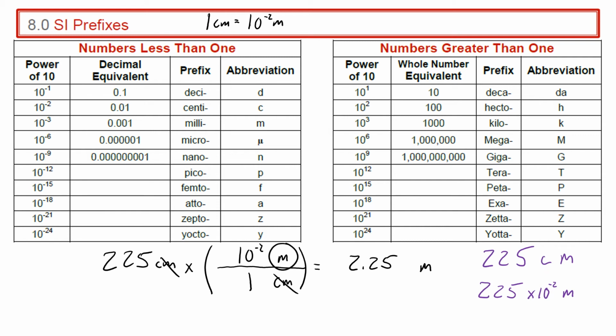The prefixes in the metric system are far superior to dealing with fractional inches and like feet, 6 feet, 7 inches. It's crazy. They're like, why are we not using the metric system? Anyway,